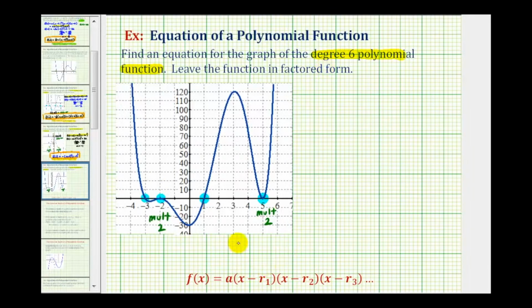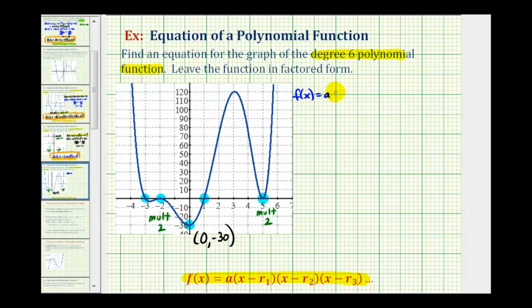To do this, we'll use the factored form of a polynomial given here below, where a is a constant and r sub 1, r sub 2, r sub 3, and so on are the roots or zeros of the polynomial function. But to determine the value of a, we'll also have to identify one more point on the function. Let's go ahead and use the y-intercept, or this point here, where the coordinates are (0, -30). So we'll first find the factors based upon our roots or zeros, and then we'll find the value of a using the point here. So we'll have f of x